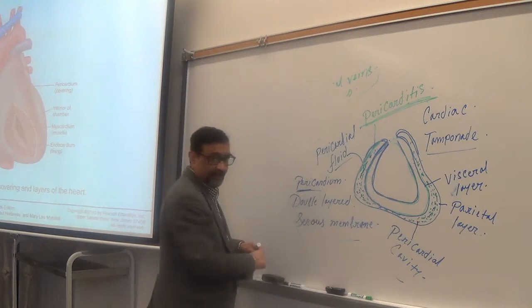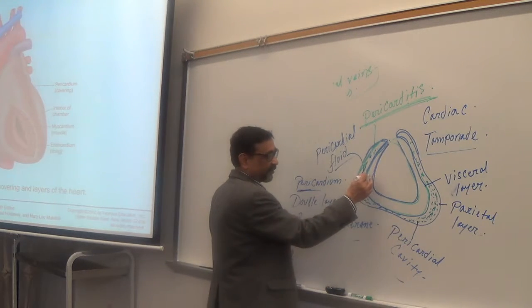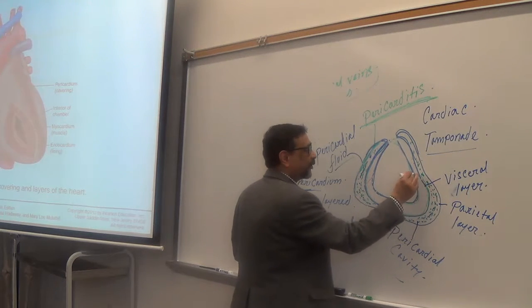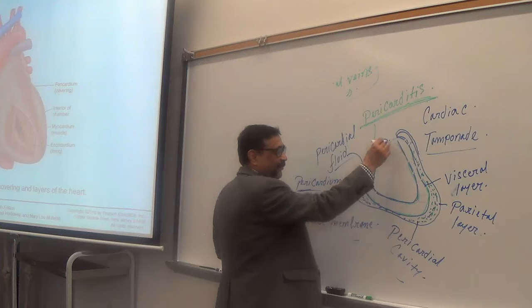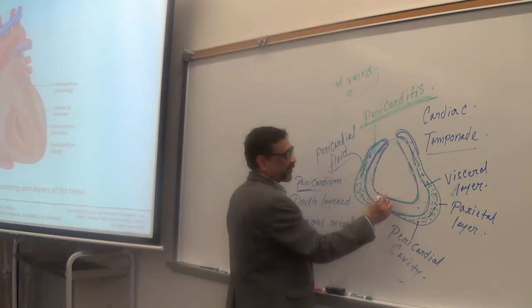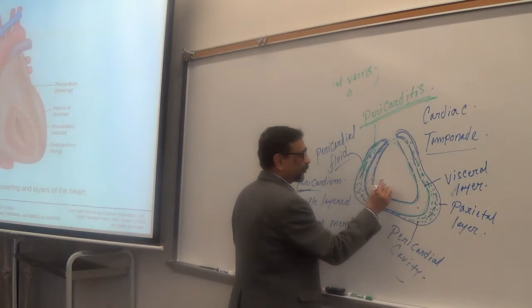The middle layer is a muscular layer, very thick. This is muscular, a lot of muscle fibers, cardiac muscle tissue. So this is the middle layer, and that is called myocardium. So this is endocardium,